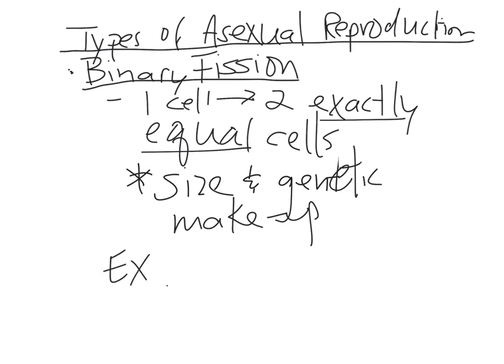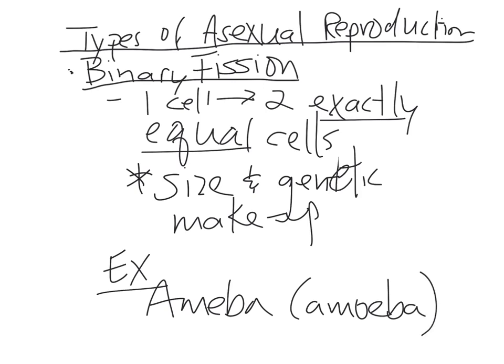An example of this would be what we see with an amoeba. We watched the Amoeba Sisters. Sometimes it's spelled like this, with an O. An amoeba is just a simple single-celled organism. It's kind of like a blob. You need a microscope to look at it because it is a single cell. But they reproduce by splitting exactly in half.